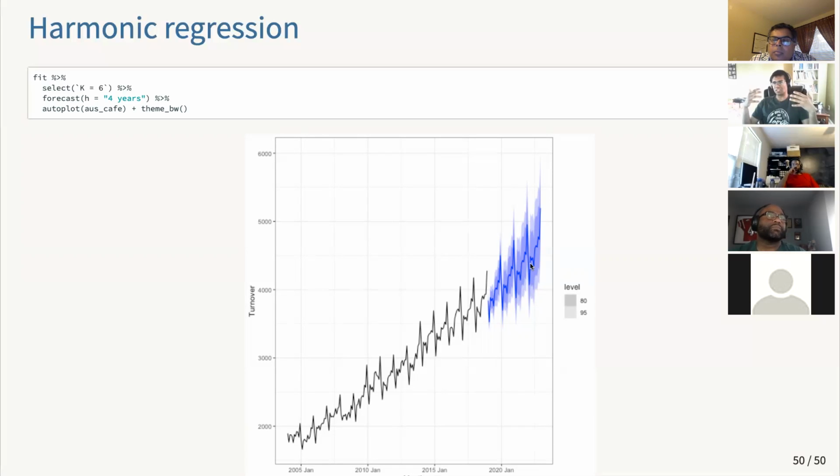Once I installed Forecast, boom, it broke everything, right? And I couldn't figure out what was causing the problem. And I got out of renv, tried a different project altogether, it broke.